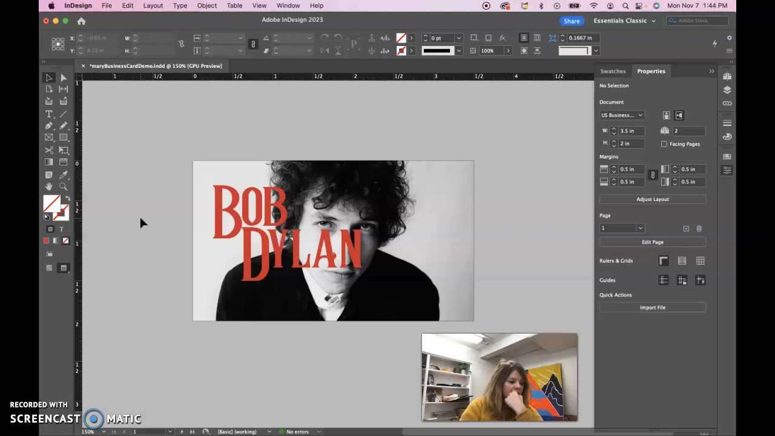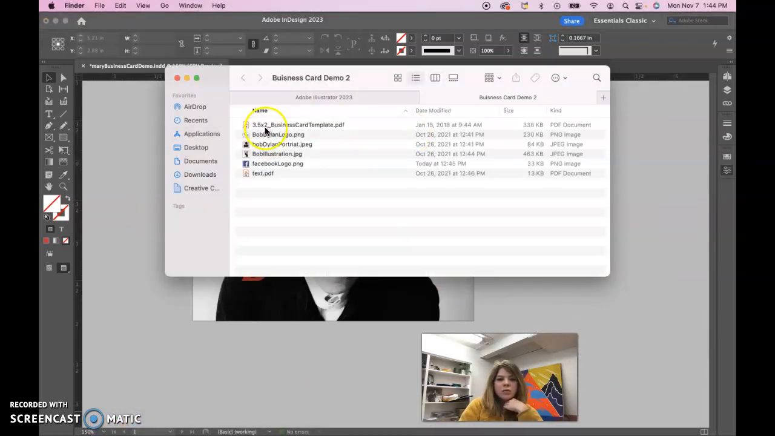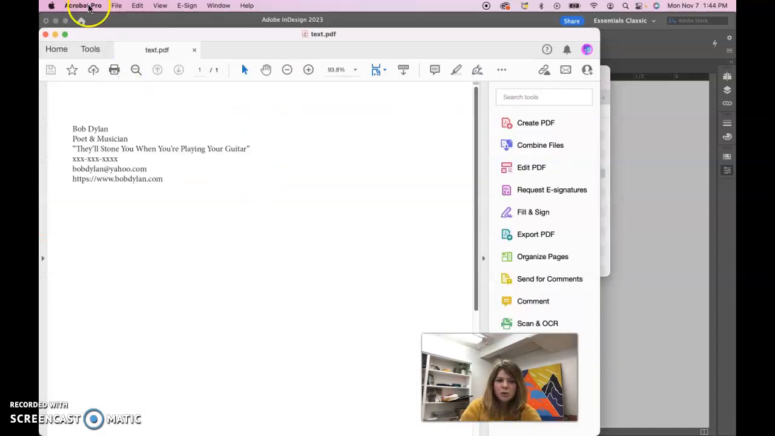And then let's go to the PDF file in our downloads, in the folder, and it's the text PDF file. So let's double click on that to launch it. Mine opens in Acrobat Pro. You may not have Acrobat Pro, but whatever program it opens up in, we just want to copy paste text from this PDF document. We're going to copy paste "poet and musician" with the ampersand. You can also just type this in, but I want to show you that if you get a Word document, if you get a PDF file, a lot of times people that work in InDesign work in multiple programs,